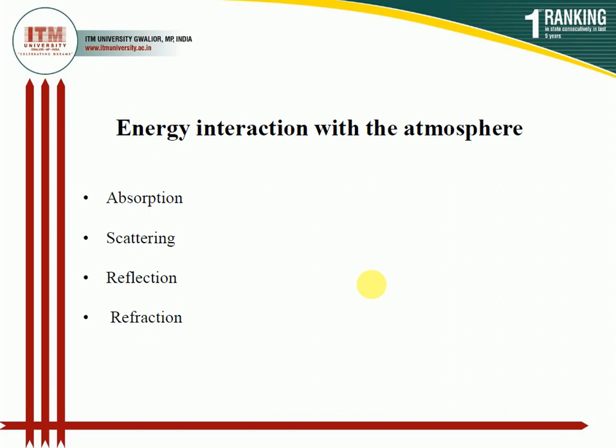There is another feature, that is scattering. Scattering is basically the unpredictable diffusion of electromagnetic radiation by atmospheric particles, meaning the gaseous molecules. Because of the obstruction created by the gaseous molecules, the light rays get scattered and do not fall on the target object. So this is also an important feature when we talk about the reflected radiation by a particular object.